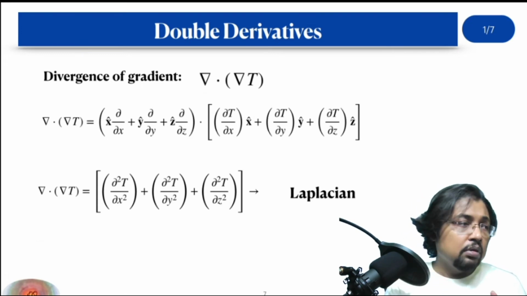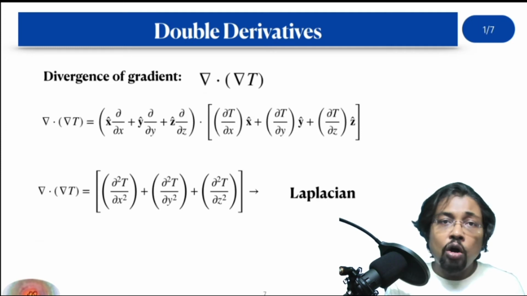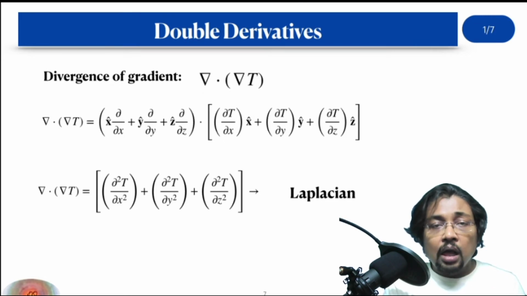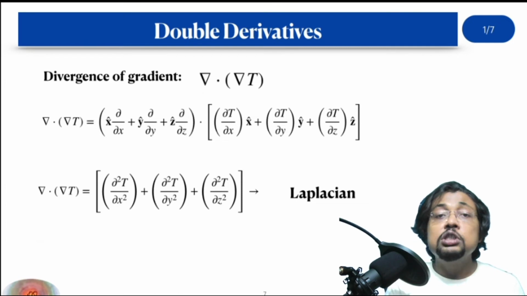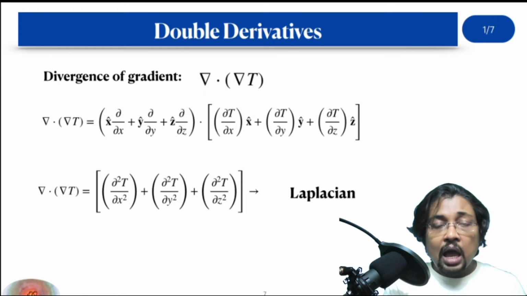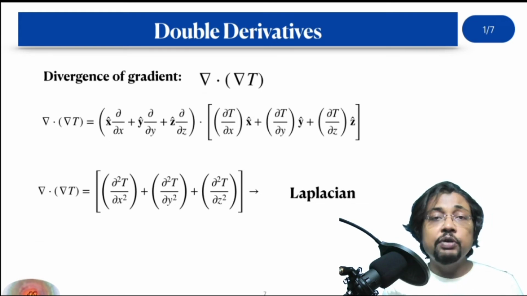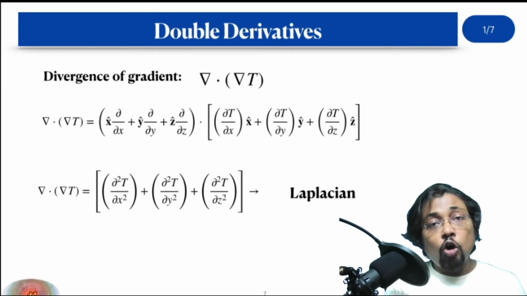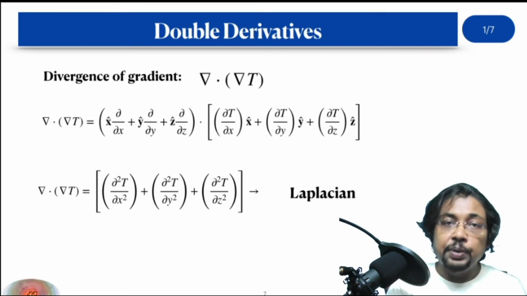You can relate it with velocity and acceleration. So velocity is the rate of change of position with respect to time. Acceleration is, on the other hand, the rate of change of velocity with respect to time. In a similar manner, you can also relate the gradient as the rate of change of a physical quantity or of the scalar field with respect to space. The divergence of a gradient, you can assume, is the rate of change of the gradient with respect to space.